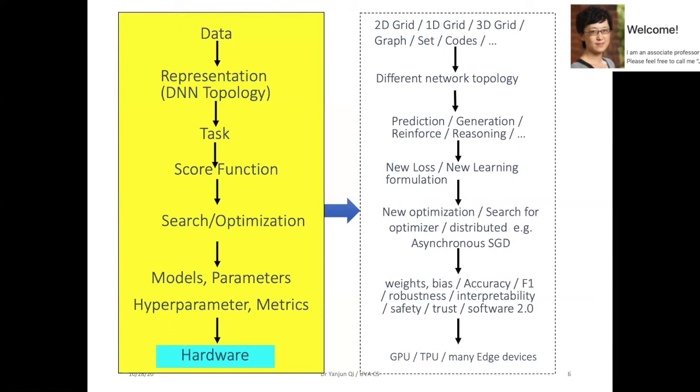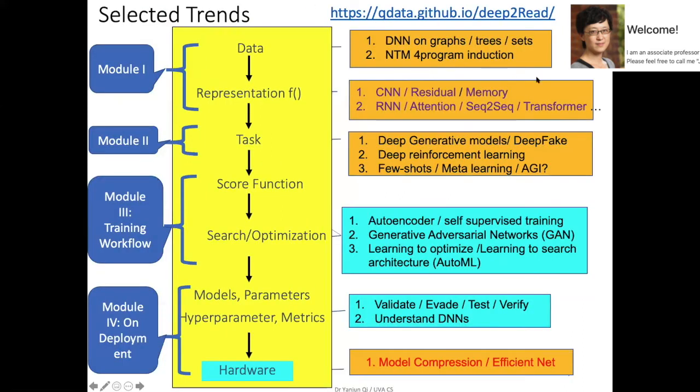Okay, so roughly we can think about the 10 trends I selected. Two of them are about new data, and two of them are about topology, but they are not very new because they were invented